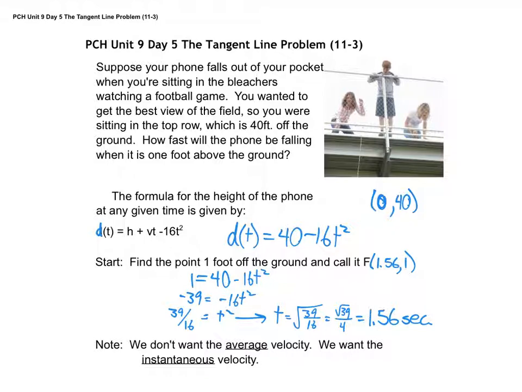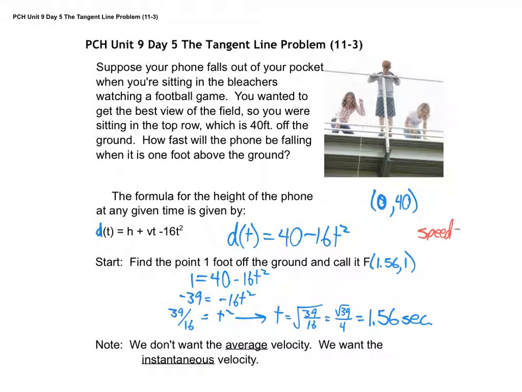Distance equals rate times time. Would it be 40 feet per 1.56 seconds? Well, not 40 feet. How many feet did it fall so far? 39. So the initial speed right here, or velocity if you will,